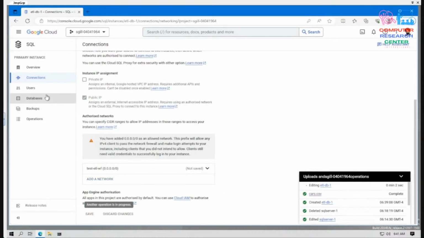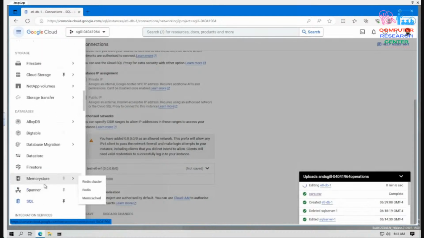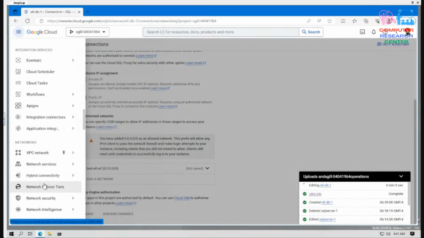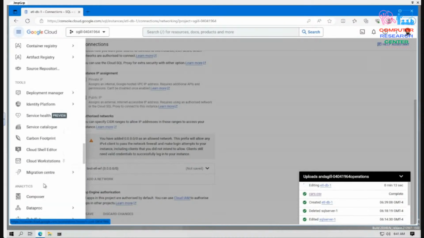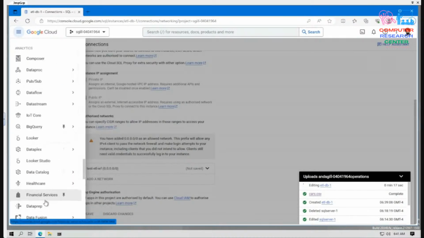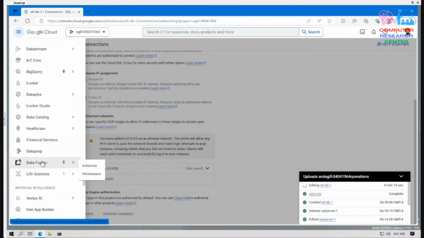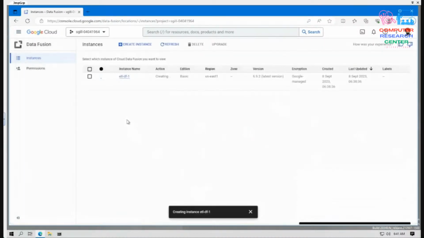So let us go to Data Fusion. We will be using Data Fusion Studio for getting the workflow ready. So under analytics, we have Data Fusion here. I never catch it the first time, but this time I'm getting it quickly, right? It is still in creating mode, so it is taking some time, but meanwhile we have created a SQL Server, and